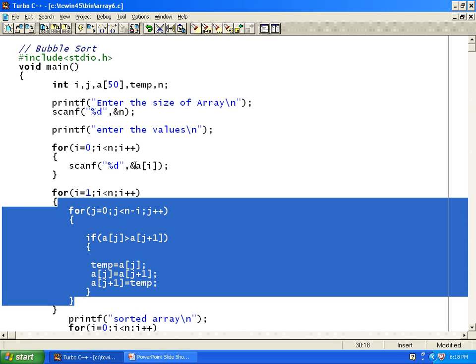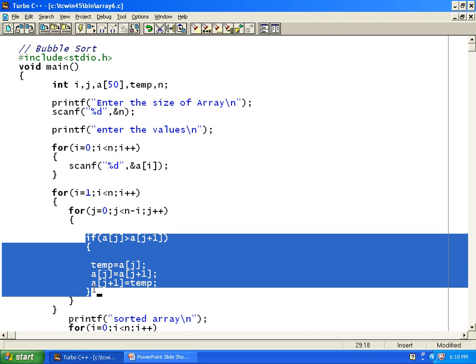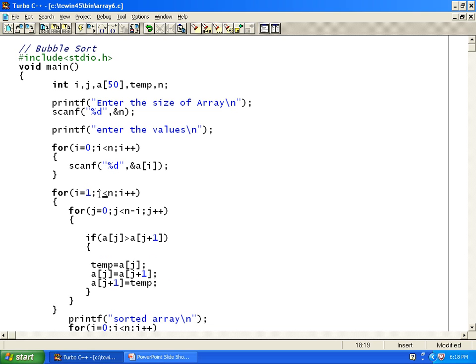And then after completion it goes back and I increments to 4, so 5 minus 4 is 1, so again J is 0, J less than 1, so it executes 1 time. Then it comes out and I becomes 5, 5 less than 5 is false and it comes out of the loop.